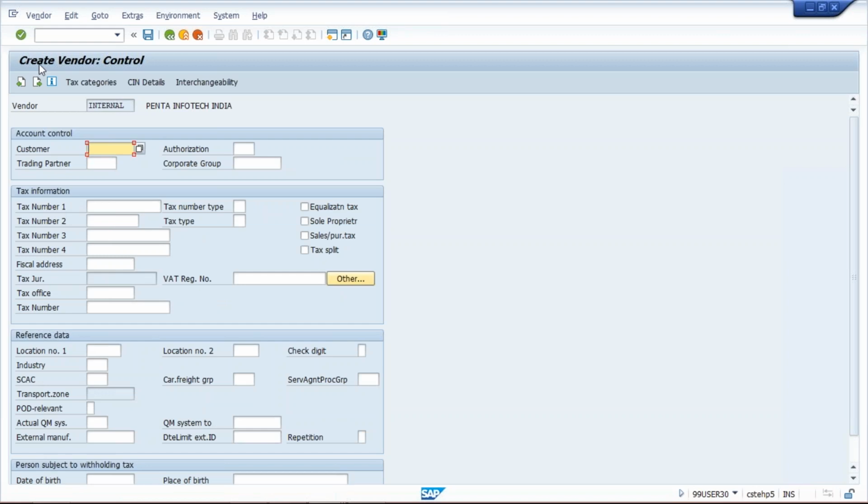Now what is the use of control? The control field will be a separate topic. The topic is like, if the vendor is also your customer, let's suppose we are buying from Penta Infotech, and at the same time Penta Infotech is also buying certain things from Tata Motors. In that case, Penta Infotech is our vendor and also our customer. In that case, what we are going to do I'll explain,